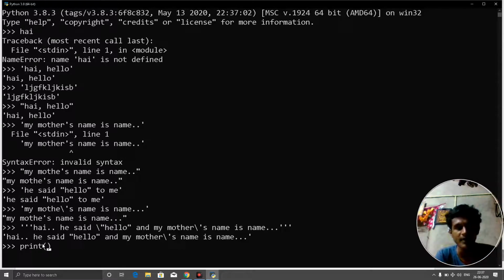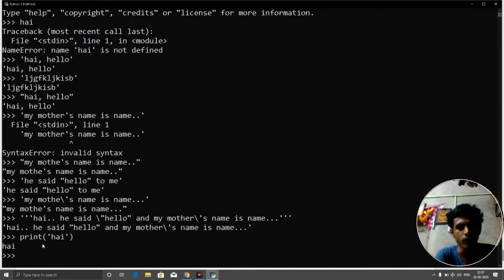It will give some convenient sentence. Here we have to put some single quotes, and I will type hi. First of all, we will just try with a simple sentence, and I will just enter it. I think it will give an error. No, it will not give an error.